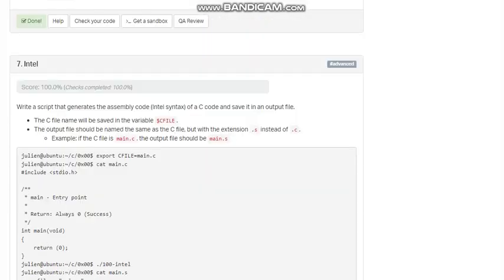Number 7, write a script that generates the assembly code using the